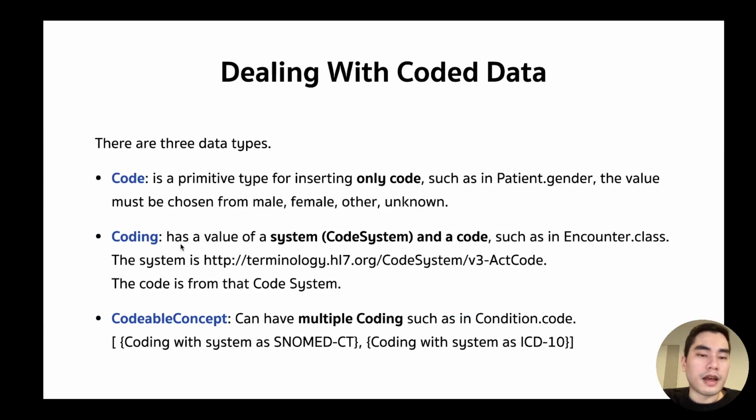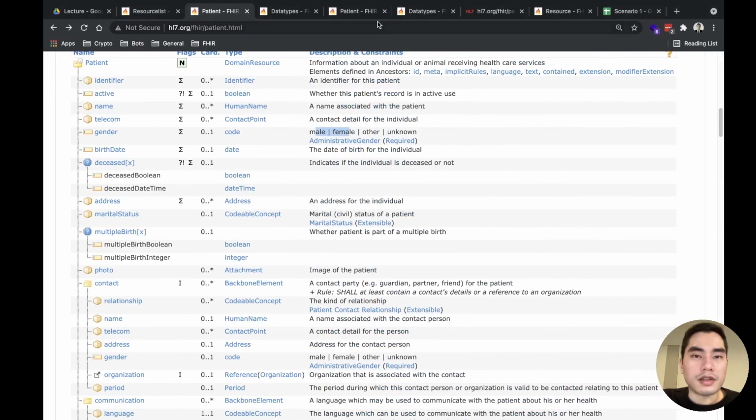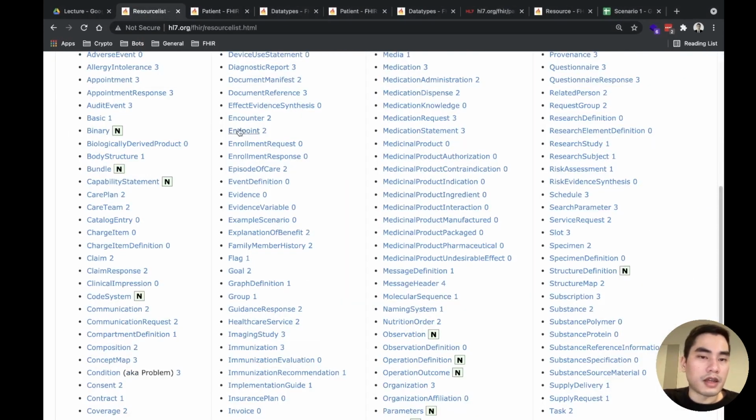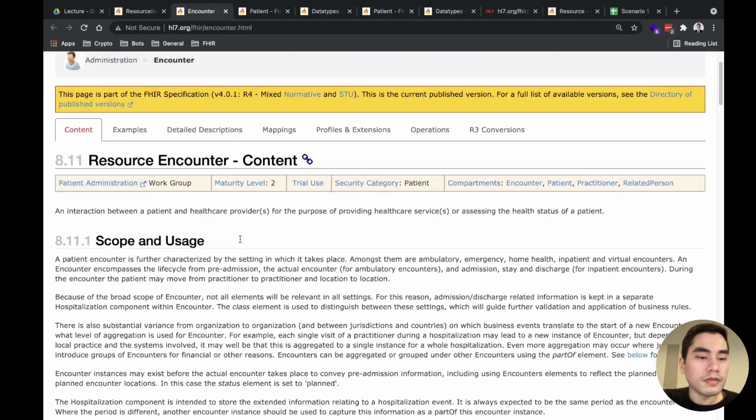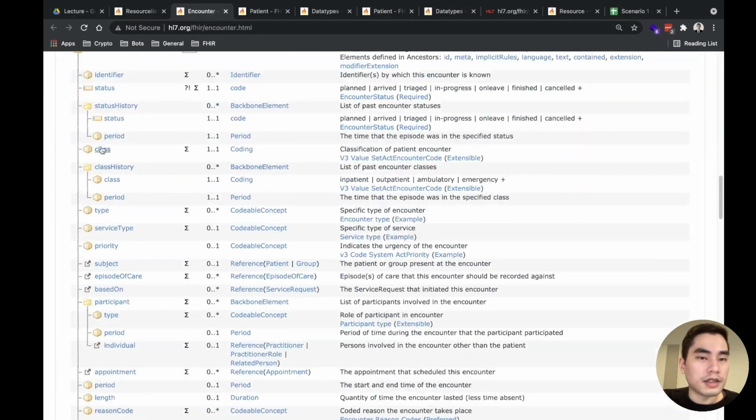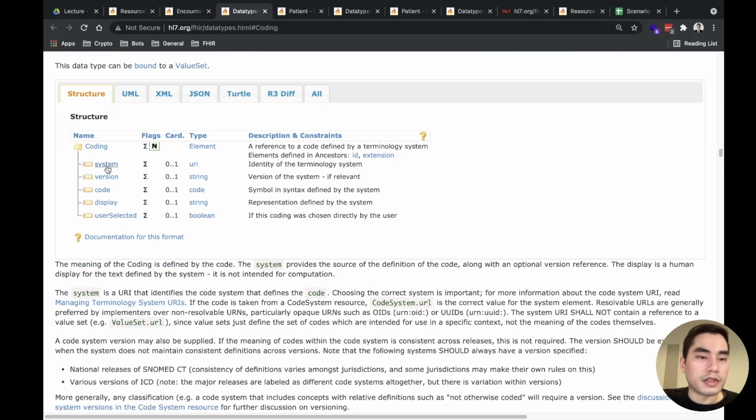Coding will have a value of a system, the code system, and a code. You can see it here. Encounter class is a Coding. Inside that, you will see system, version, code, display, many things.